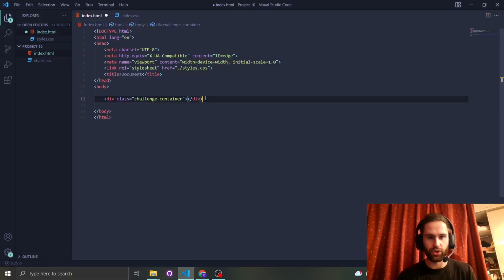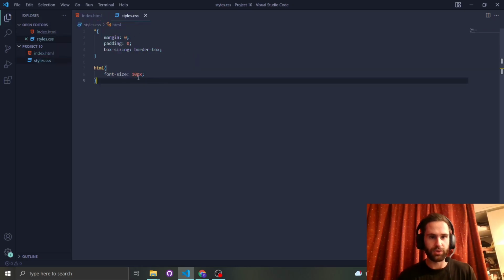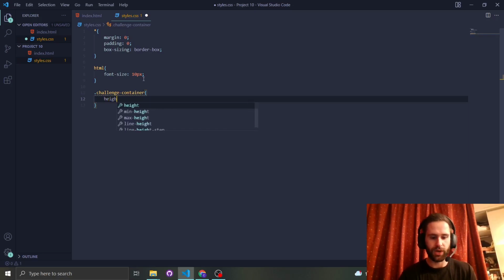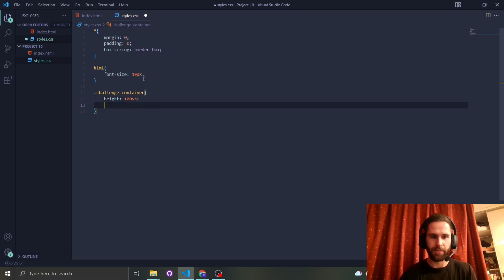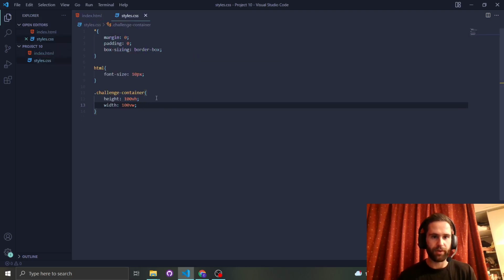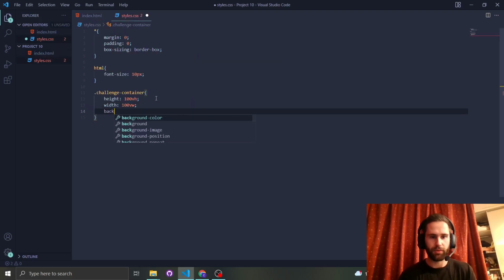So to do that, what we can simply do in the styles.css is say challenge container, and tell it that I want you to have a height of 100 viewport height, which is basically the maximum height of the viewport of what we can see, and a width of 100 viewport width, like so. And that would be it. And if we just give this a background color of black,